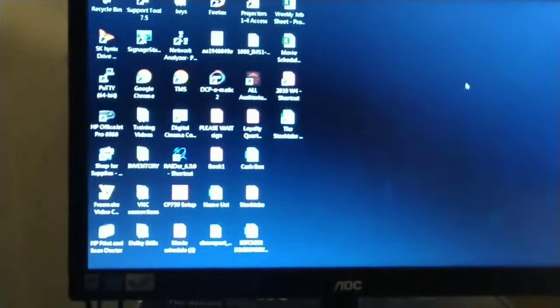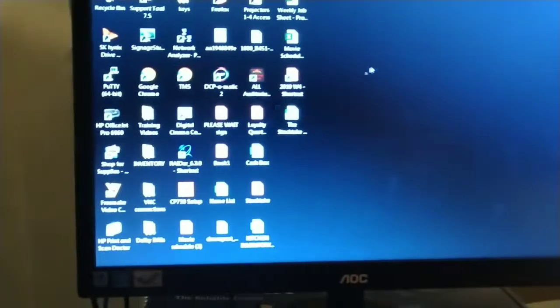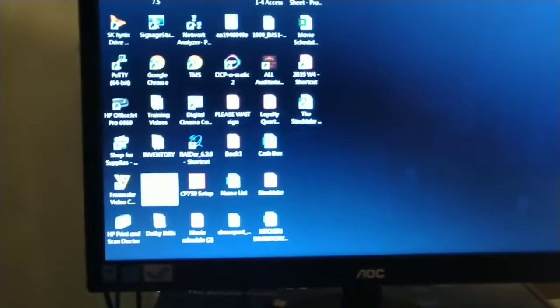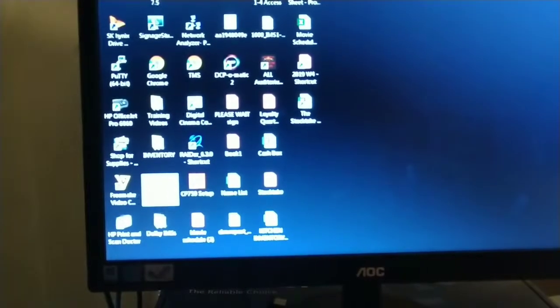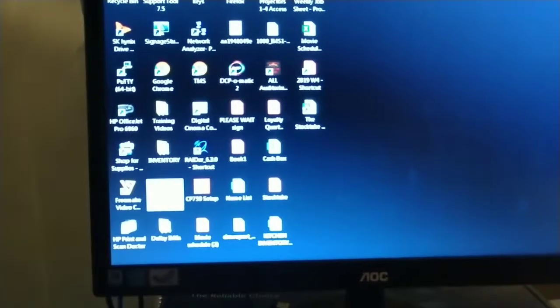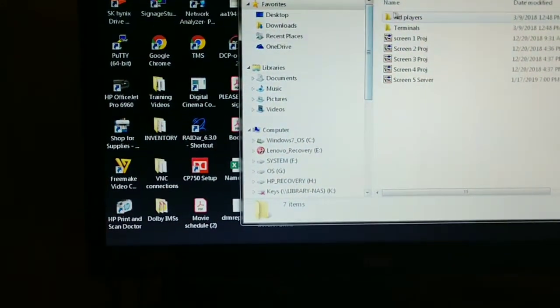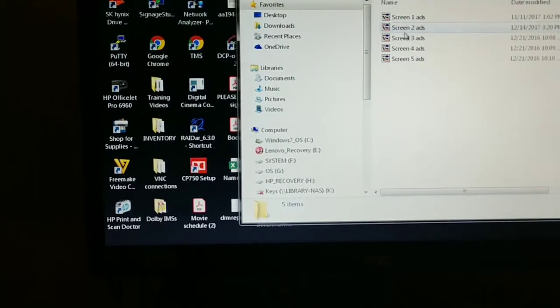or the other common thing that you might see is a big power symbol and it says your digital signage presentation will resume shortly, which you can kind of see behind that. So to resolve that kind of a problem where it's just stuck, the ad player's connected, it's working, it's just not playing ads, we go in here to VNC connections, ad players, select your screen,